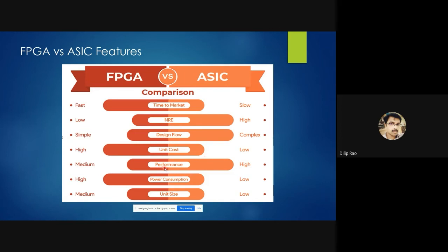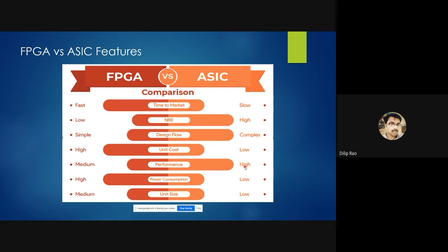Medium, the performance. As I said, this is a generic platform. It is like one size suits all. That's the concept here. It's a very generic platform, and you need to derive the maximum out of it. So it comes with a penalty. The cost that you are paying here is that there are some performance limitations that you cannot overcome, because what you are trying to do is fit your design into existing infrastructure and derive the maximum out of it. Whereas on the ASIC side, you can build anything from scratch to suit your